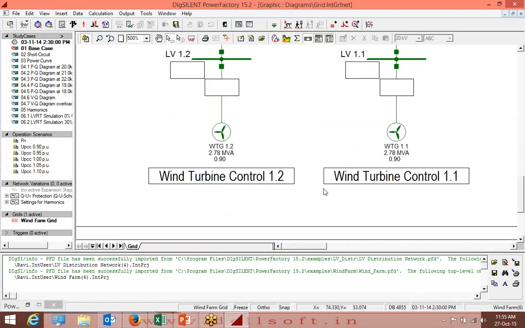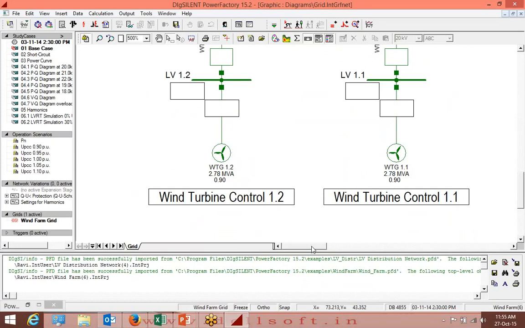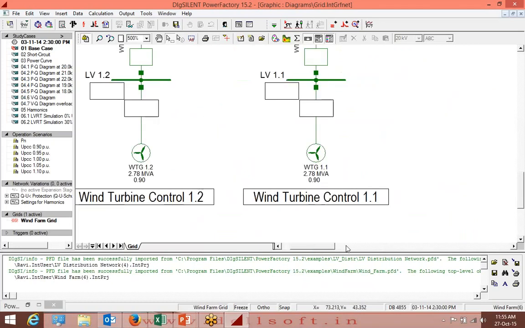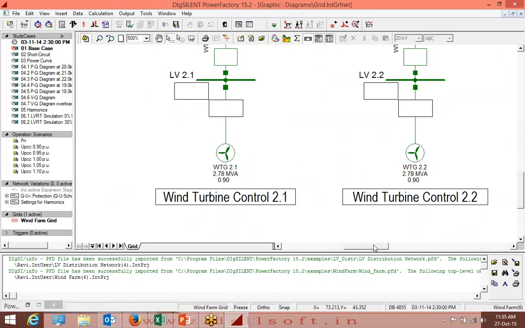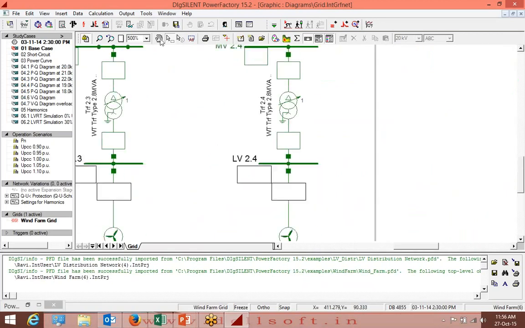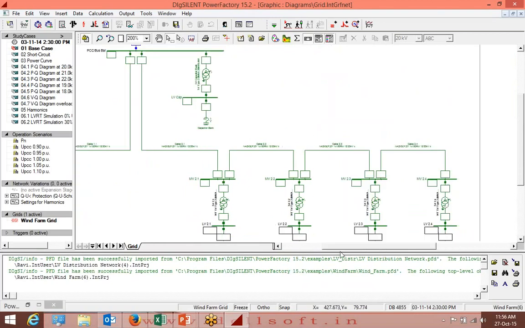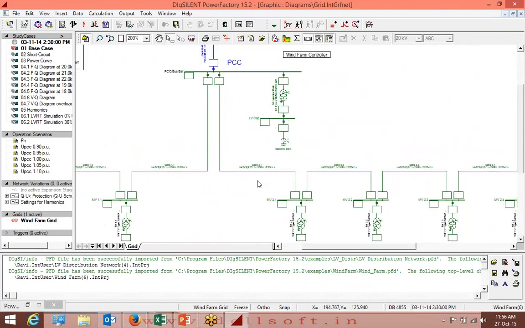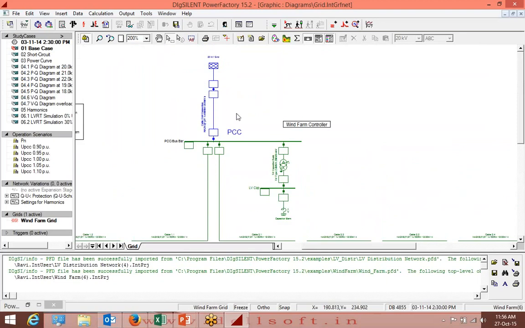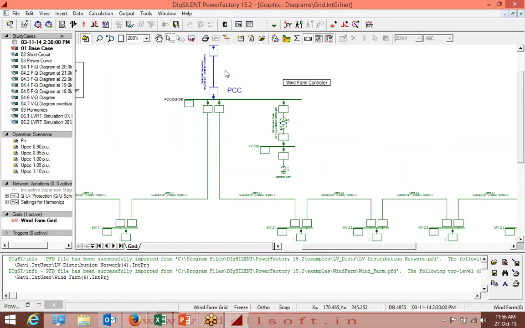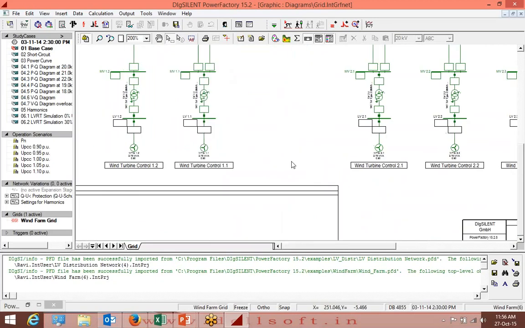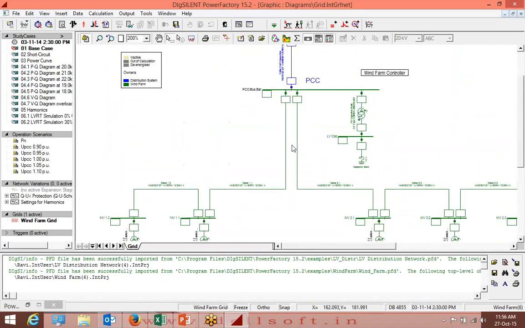These are wind turbines of 2.78 MVA connected to a common junction. From there, we are using a converter at the PCC, converting to 20 kV and connecting to the grid, and then again to the distribution network. So this is one example of a wind farm, and how to conduct the analysis.